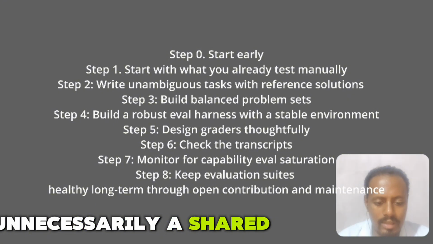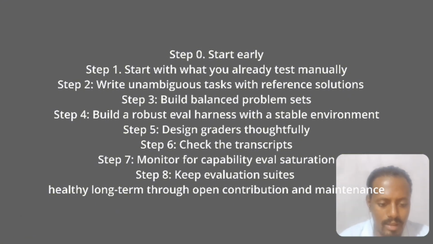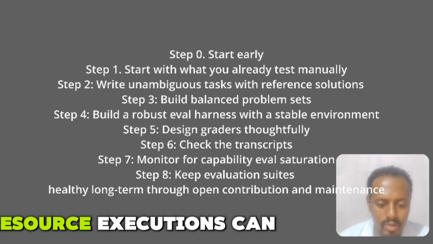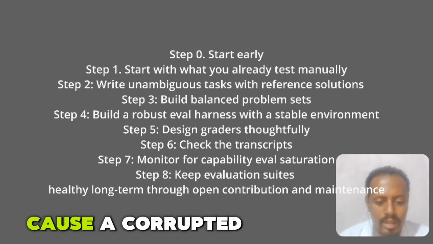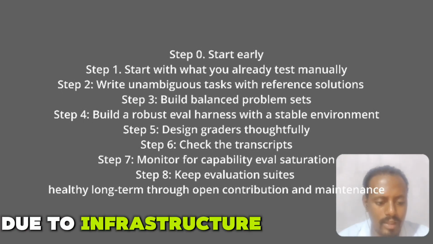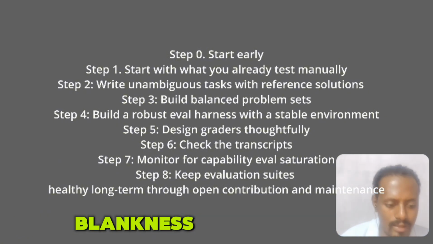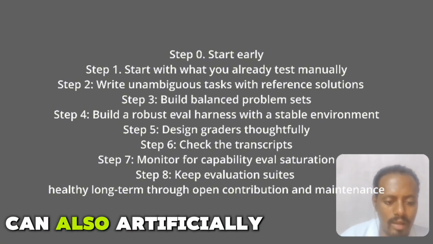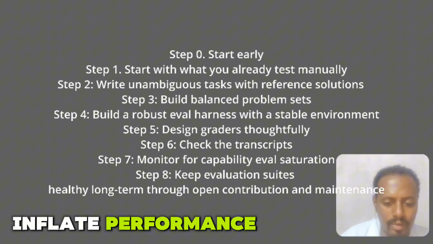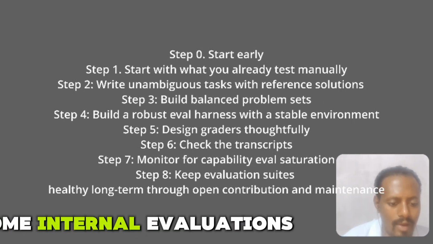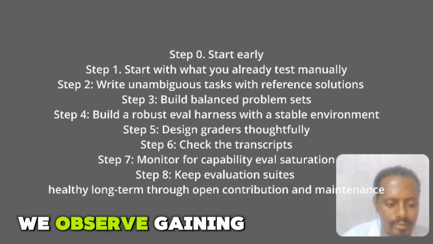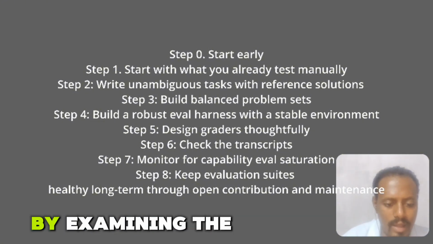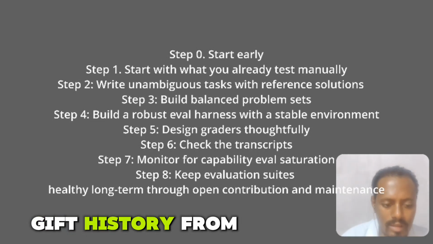Unnecessary shared state between runs, like leftover files, cached data, and resource exhaustion, can cause correlated errors due to infrastructure flakiness rather than agent performance. A shared state can also artificially influence performance. For example, in some internal evals, we observed the agent gaining an unfair advantage on some tasks by examining the history from the